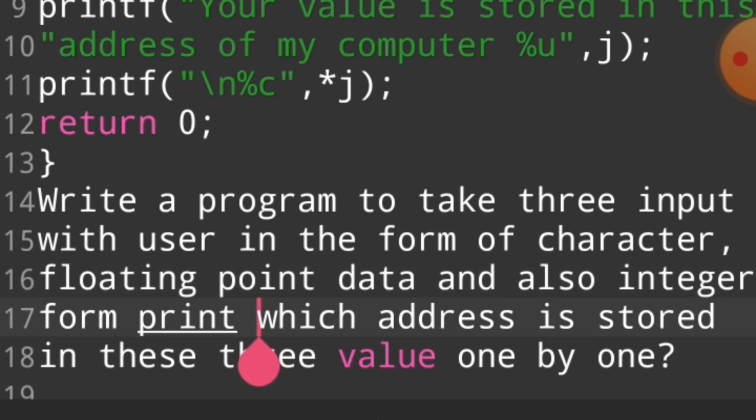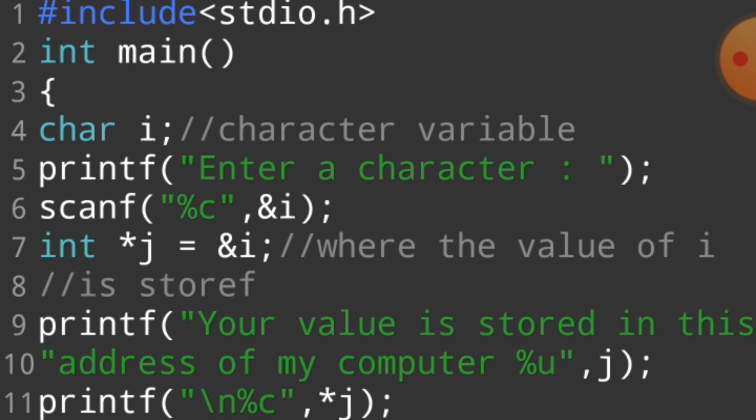And then you print, when you take any input in character form, which address it is stored at. Print the address of this character value using a pointer, and also print at which address the value of floating point data is stored, and also print at which address the value of integer form is stored. So this is your homework. I hope you understand this homework very well and in the best way.